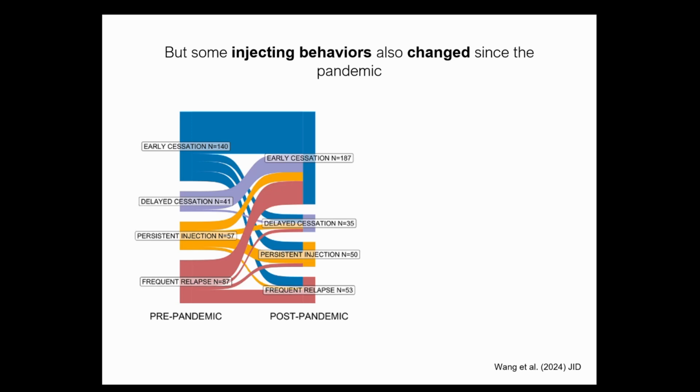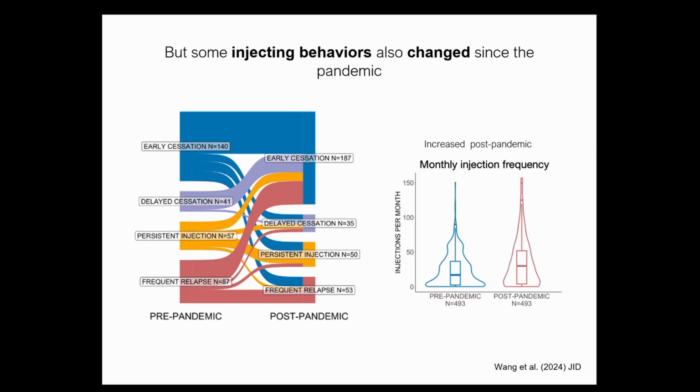The people who are in blue are the lower risk individuals. They're people who are going to stop injecting much earlier, versus the people who are going to be relapsing multiple times or consistently be injecting, which is shown in all of the other colors. What we actually saw was a lot of people were shifting their injecting behaviors and started using less. The individuals who were continuing to inject did increase their injecting frequency, but it was just a smaller proportion of the overall population.